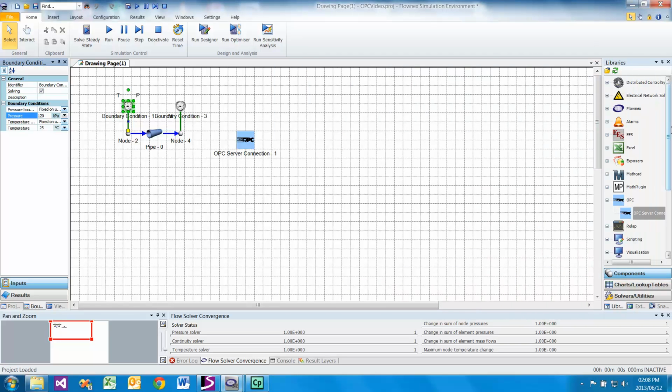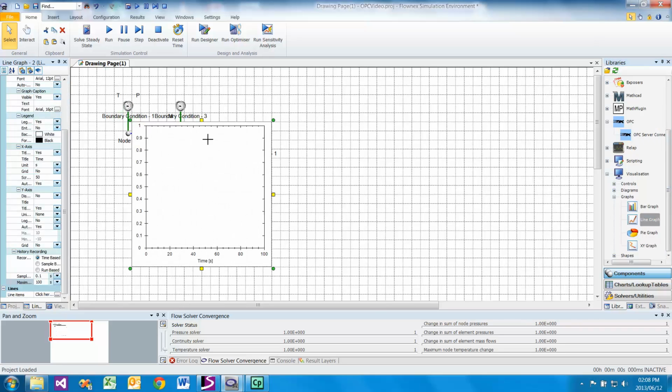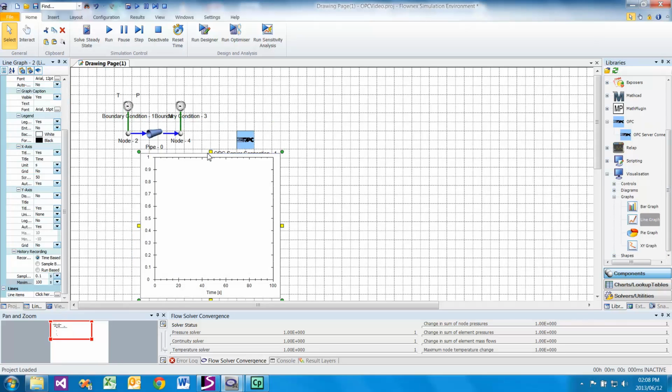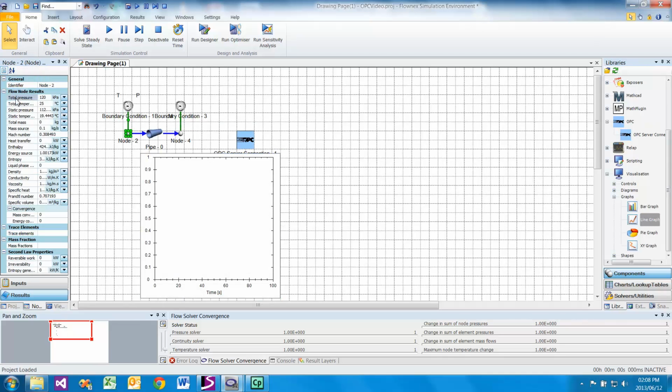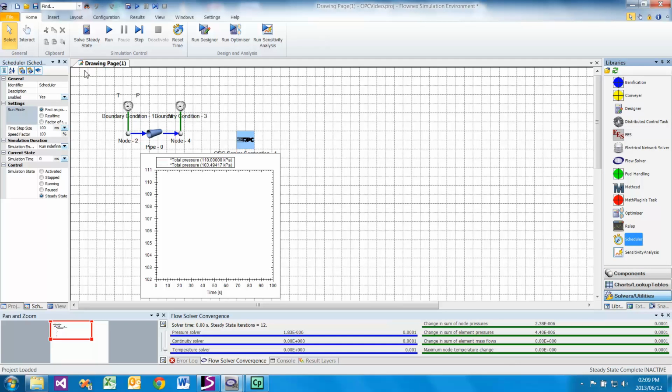To visualize what is happening in our simulation, we will use a line graph, and in this line graph I will plot the upstream and downstream pressures. Since Flownex usually runs a lot faster than real time, we need to go to our scheduler and put it on real time so that our simulation is slowed down to run in real time with our OPC server. We can now press run,